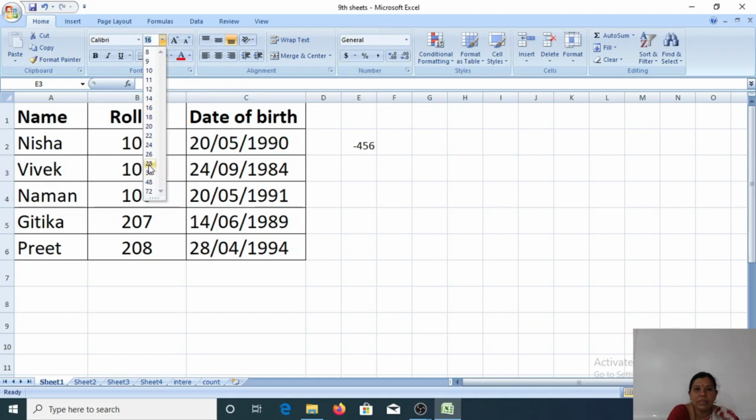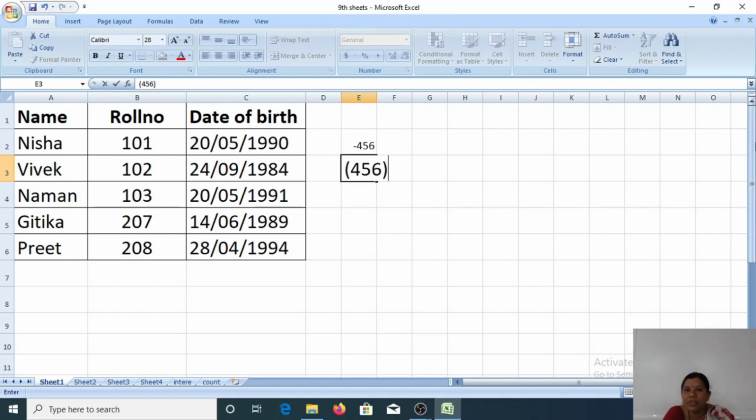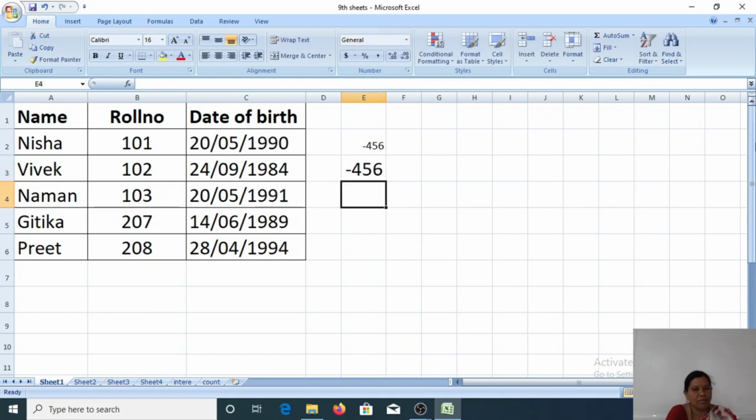Okay. See here, now start with an open bracket, 456, close the bracket. Now concentrate on this number. I never used the prefix minus here. Now press the Enter key, and we will get minus 456.